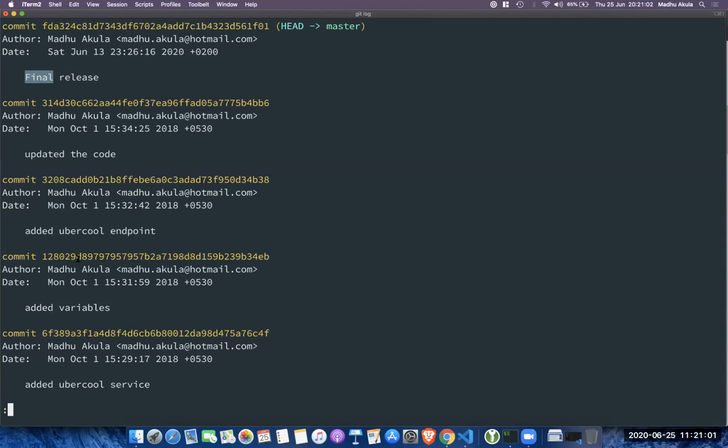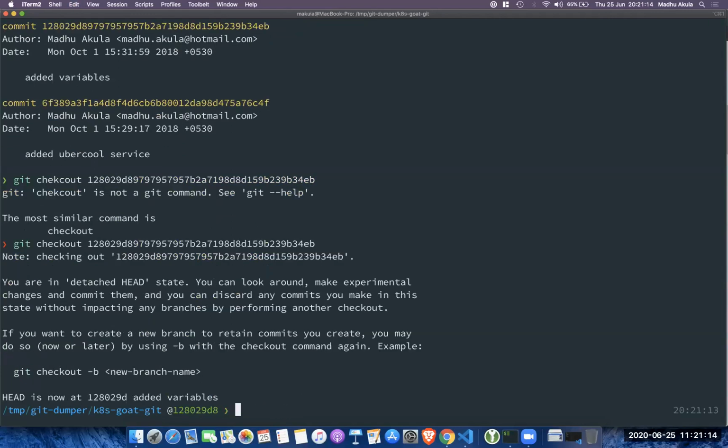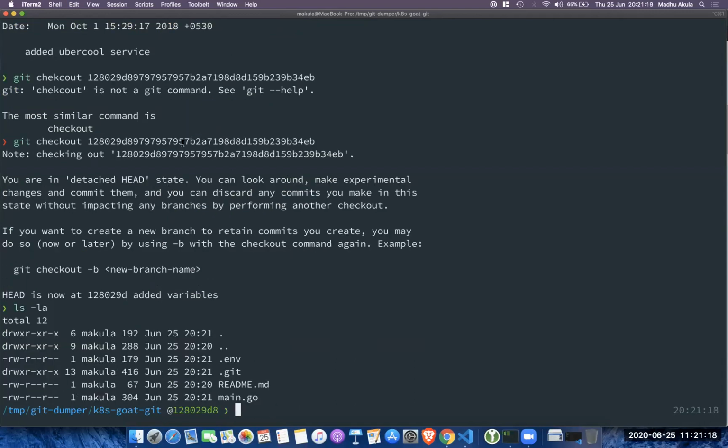You can go back to old history commits. If I want to see what exactly is happening here, you can do git checkout. Sorry, spelling mistake, git checkout, right? I went to one of the previous commits. Now, if you see what changes, there is one extra environment variable file lying there, the .env file, right?